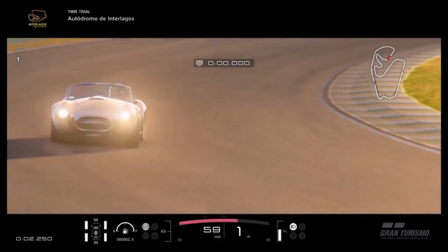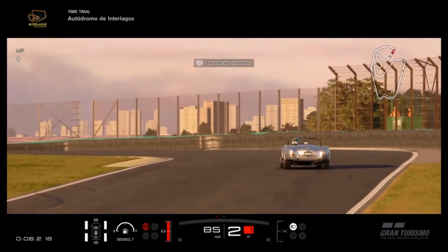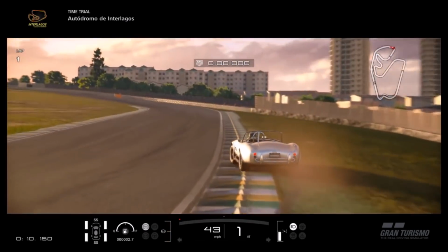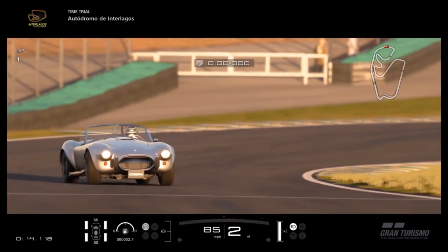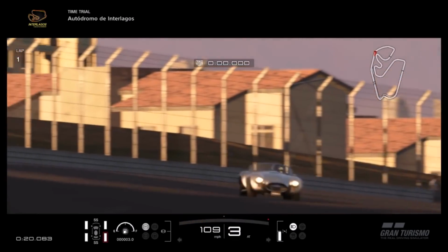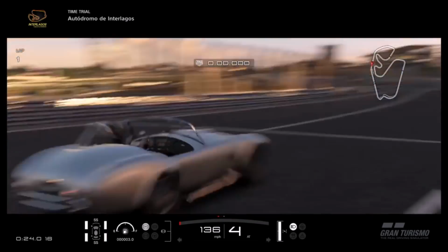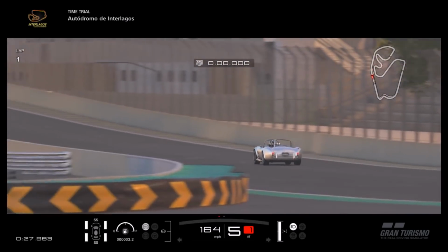Hi again guys, and welcome to one of the most important reviews we've done for Gran Turismo Sport so far, and I would say probably one of the most important reviews we'll ever do. Not because of the specific car as such, because of course this car has already been featured on Gran Turismo in a number of games, in both premium and non-premium forms. It's been changed throughout the years, updated, refined, made to look, sound and perform better, right up to the point